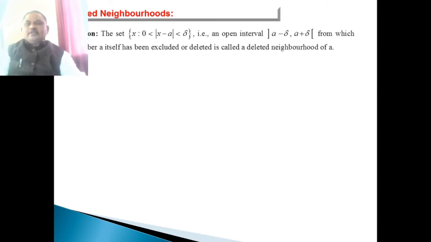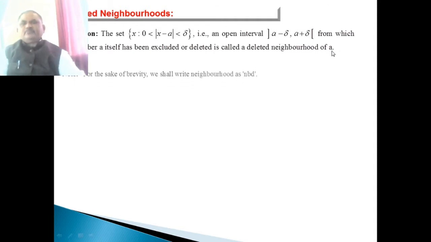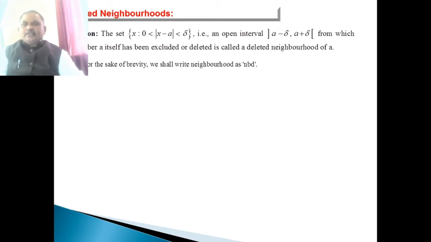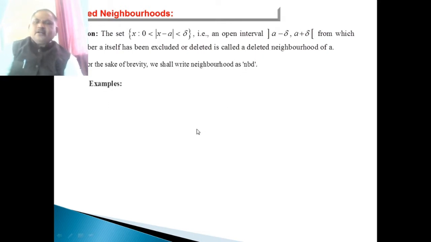Next, what is meant by the deleted neighborhood? The set of x such that 0 is less than the absolute value of x minus a, which is less than delta. This is the open interval (a minus delta, a plus delta), from which the number a itself has been excluded or deleted, and it is called the deleted neighborhood of a point A. Note that for the sake of brevity, we shall write neighborhood in the short form NBD. For examples,